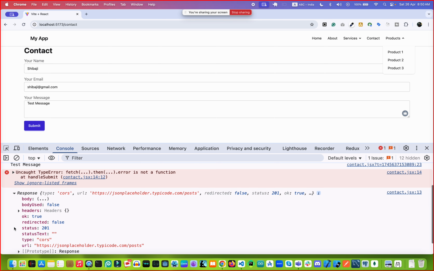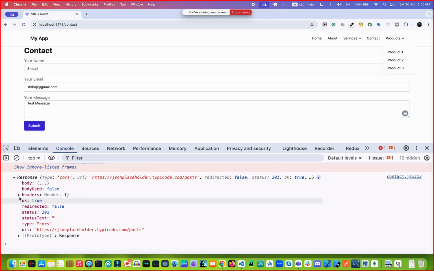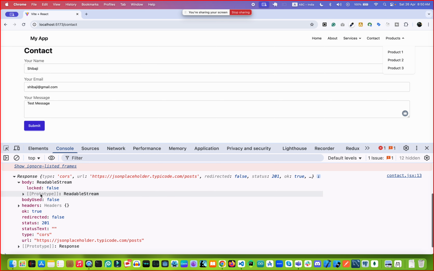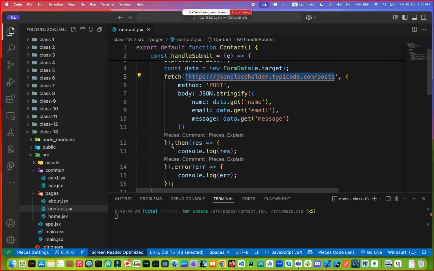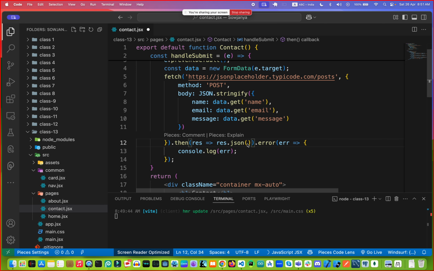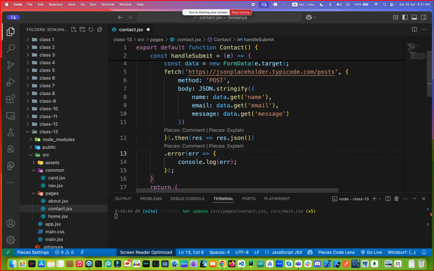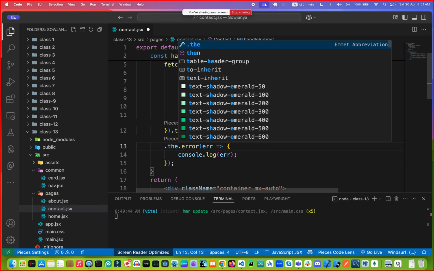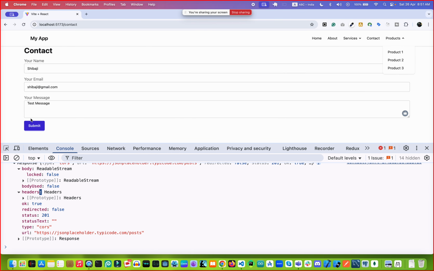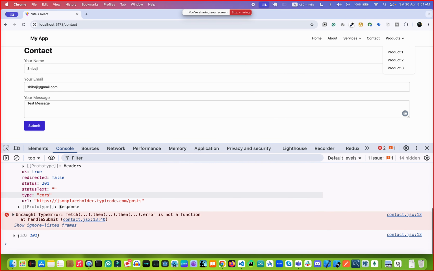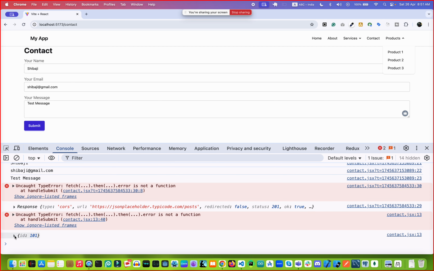I will see first. I need to see the data body. What is the response coming from here? So I think the data is not coming properly. Just see JSON, and then we need to use then once again to see the data this way. So once again I just repeat it. Okay, this time we got the data, and